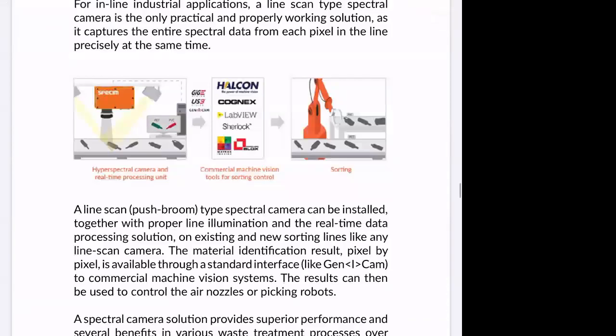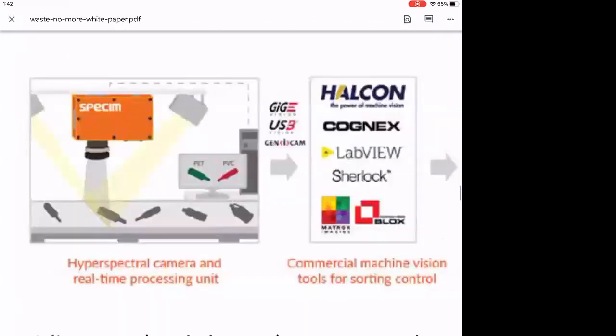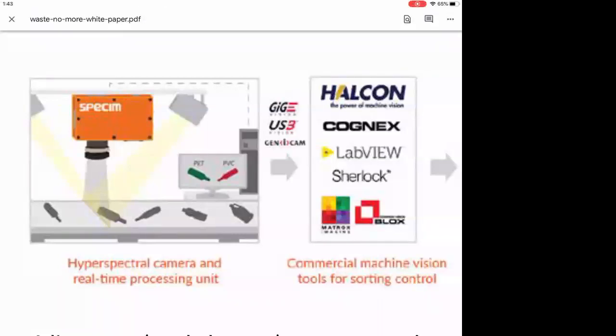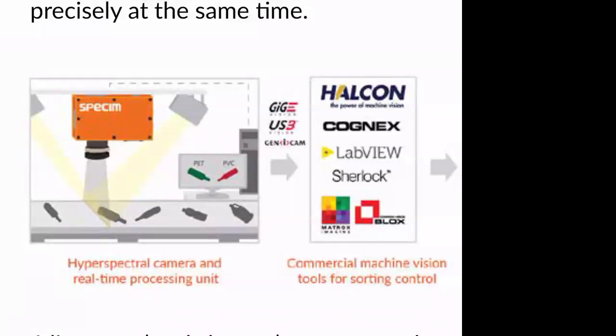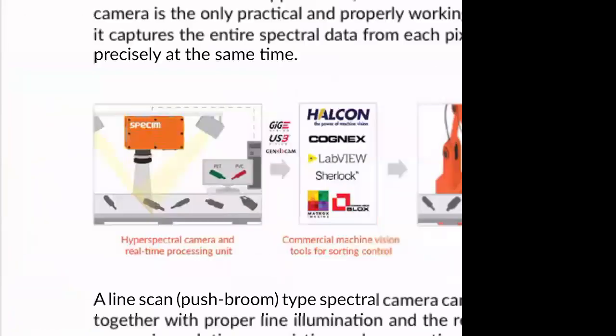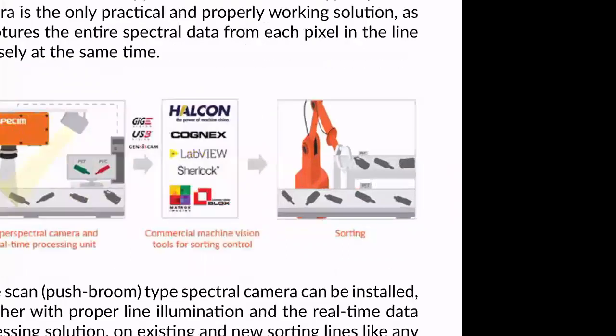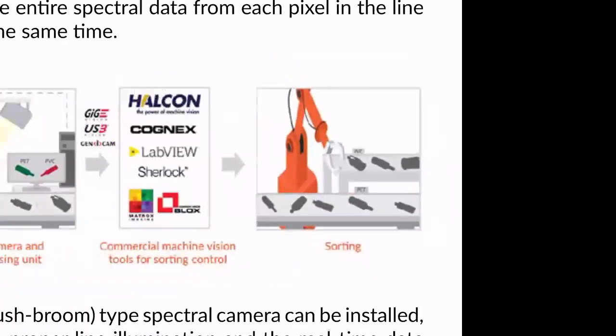So these are examples. Here you can see different bottles passing by on the conveyor belt, and they have the spectral camera, with this nice illumination and so on. The PET and PVC look the same to a human eye, but with the special camera you can actually tell them apart, as shown by this little computer monitor here. And then you can sort it out. There's a robot that takes the PVC out of the